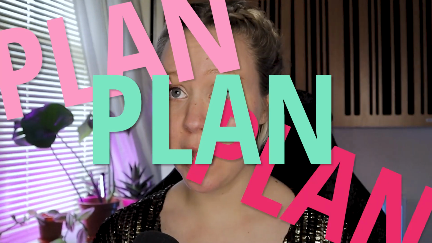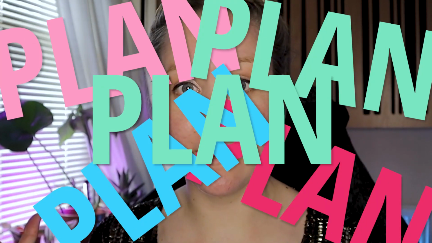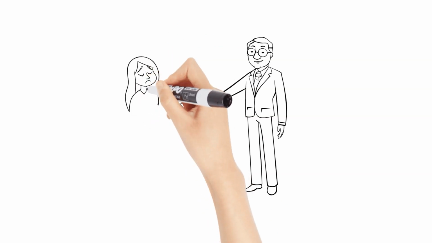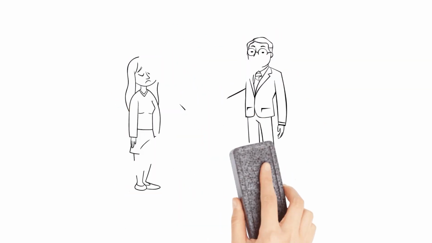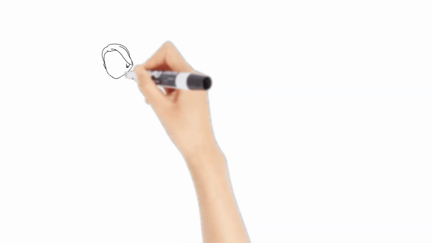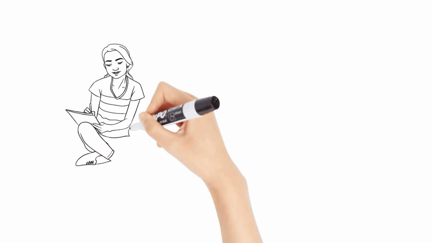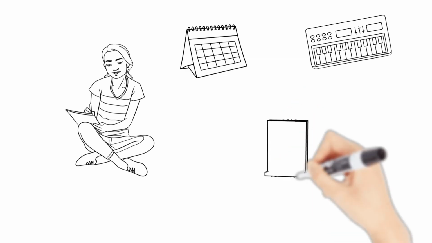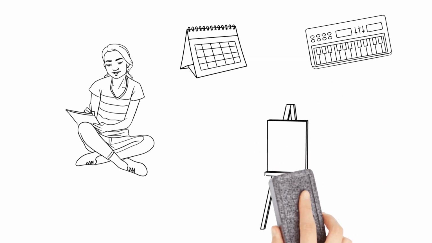Tip number 1 is planning your workflow and planning everything, literally. As humans, we love structure. We don't like someone to tell us what to do, but we want structure. We can actually give structure to ourselves by planning our time, planning our tools, and that will really help you with the fear of blank canvas. So here's a couple tips on how you can plan.